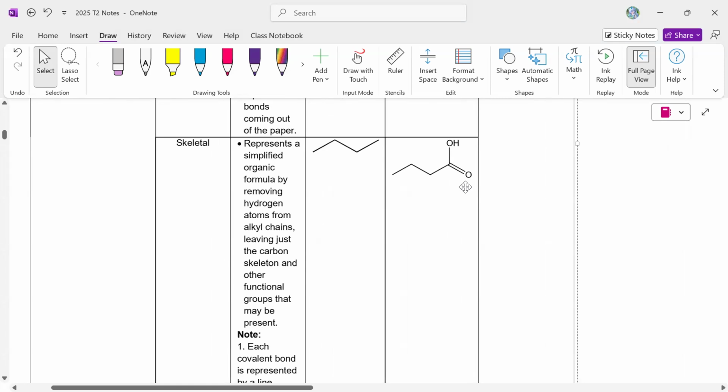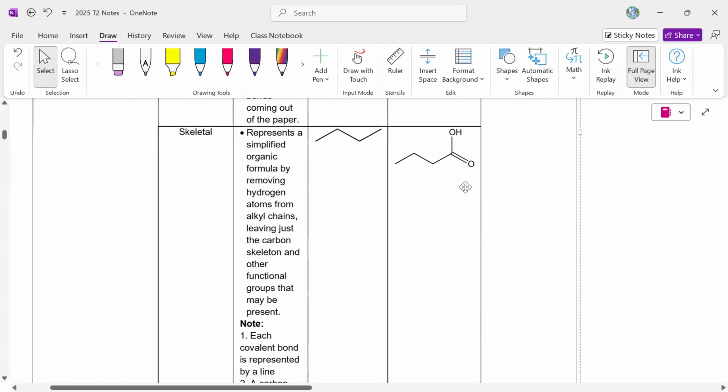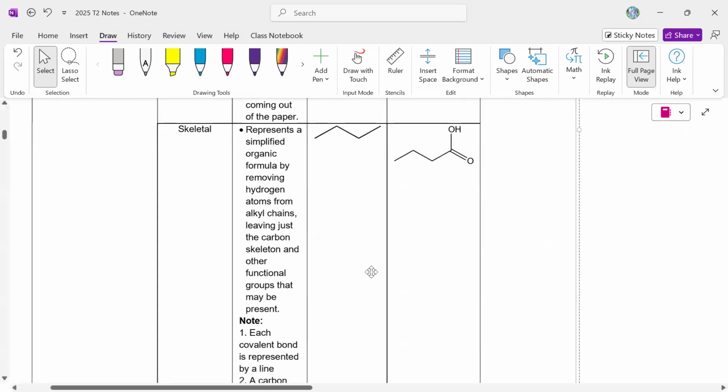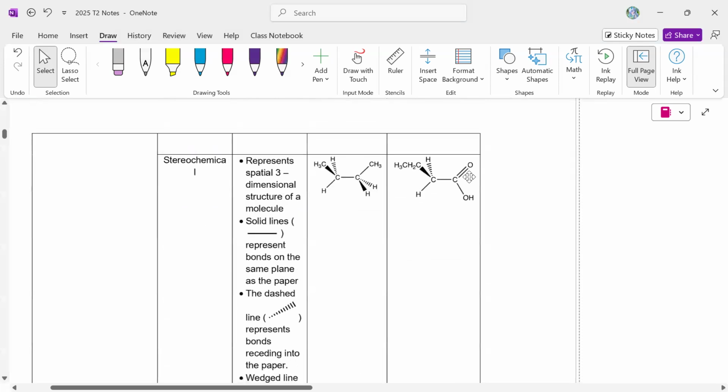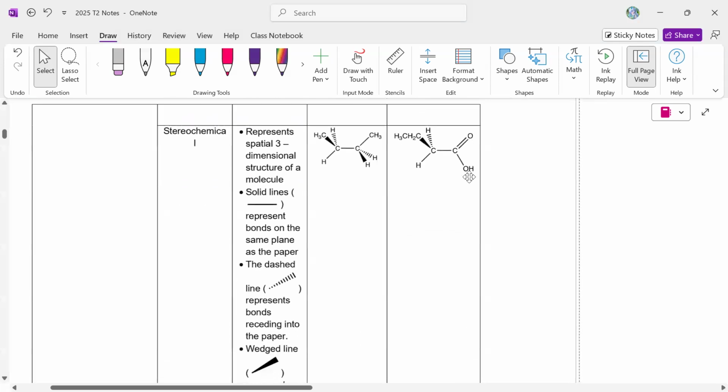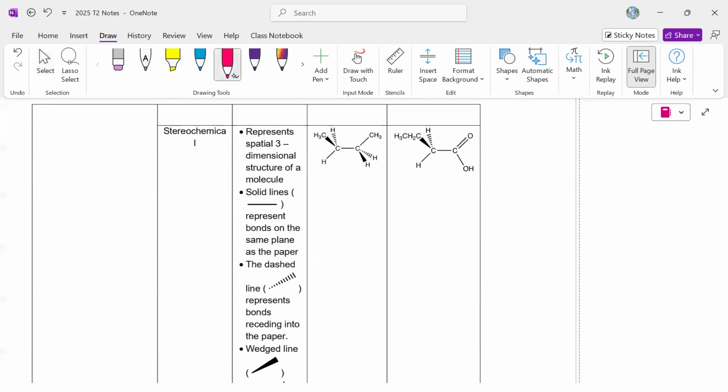It doesn't mean that you have to draw it, but at least you should be able to interpret it if a drawing is given to you in skeletal formula. You must be able to read and understand it. And then the stereochemical formula is more for the HL students. We need to draw this whenever we are showing stereoisomerism involving enantiomers,